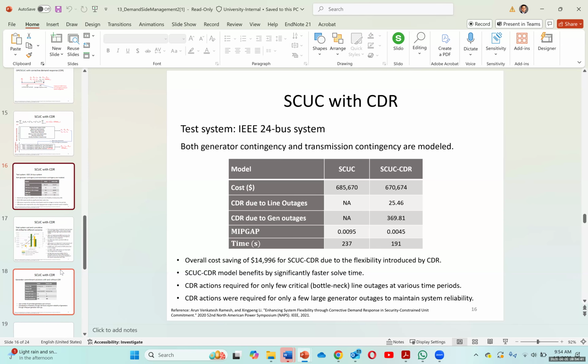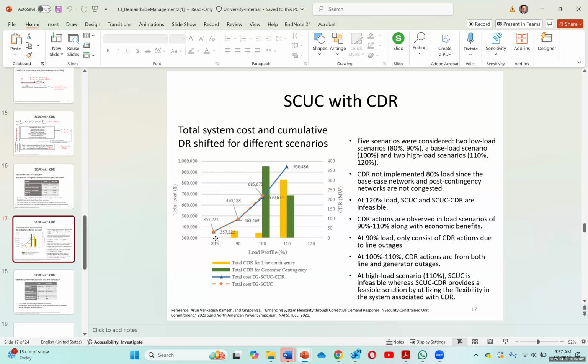The CDRs are not implemented for 80% load since the base case network and the post contingency network are not congested. So we have pretty low load, and we don't need CDR to be implemented when the load is below 80%. Above 120% load, the SCUC and the SCUC CDR are infeasible because the system is overloaded. Nothing can compensate that. But the CDR actions are observed when we have 90 to 110% load, along with